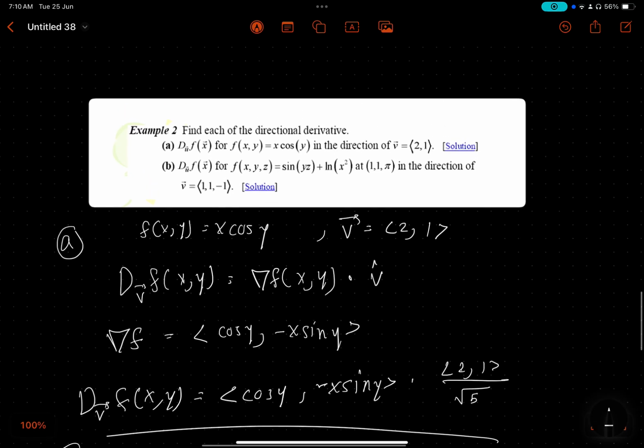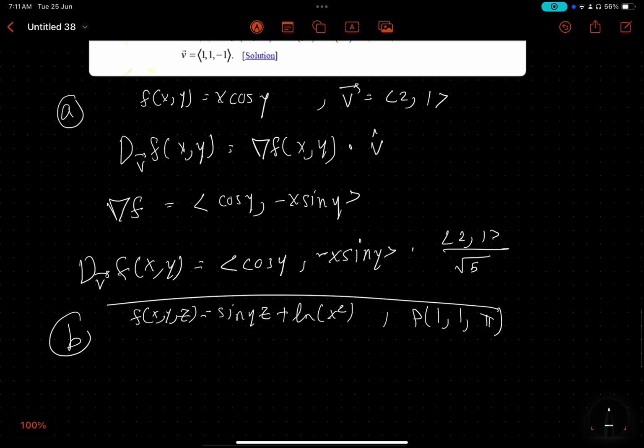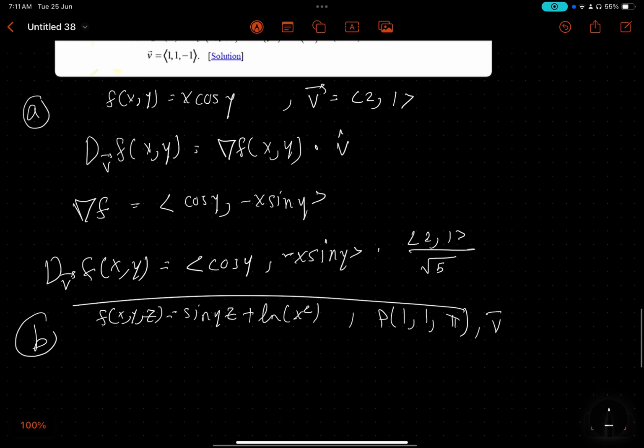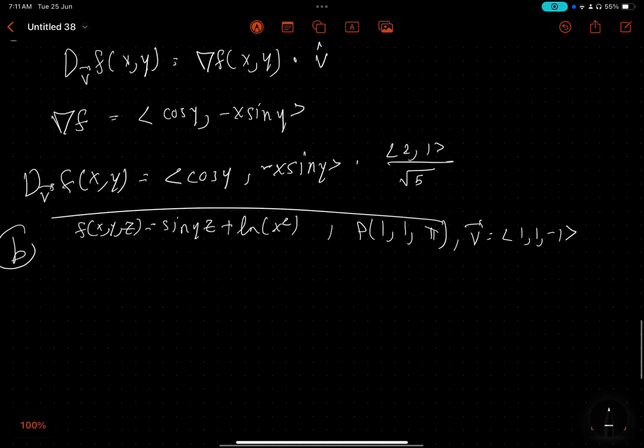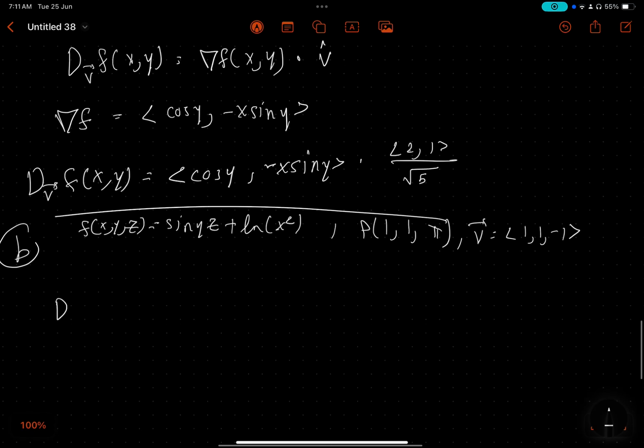Now b, we have the function f of x, y, z equals sine of yz plus ln x squared plus, okay, that's it. And he gave us a point, 1, 1, pi, and gave us the direction v equals 1, 1, negative 1. And he is asking us to find the directional derivative of